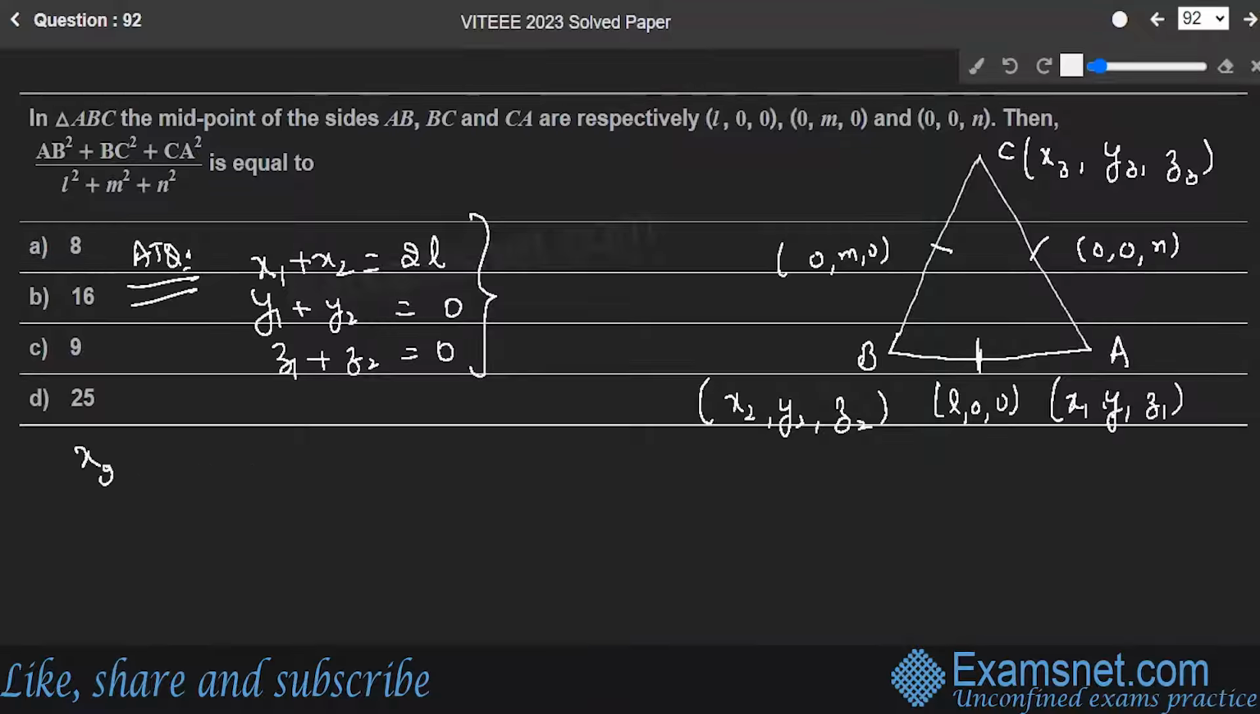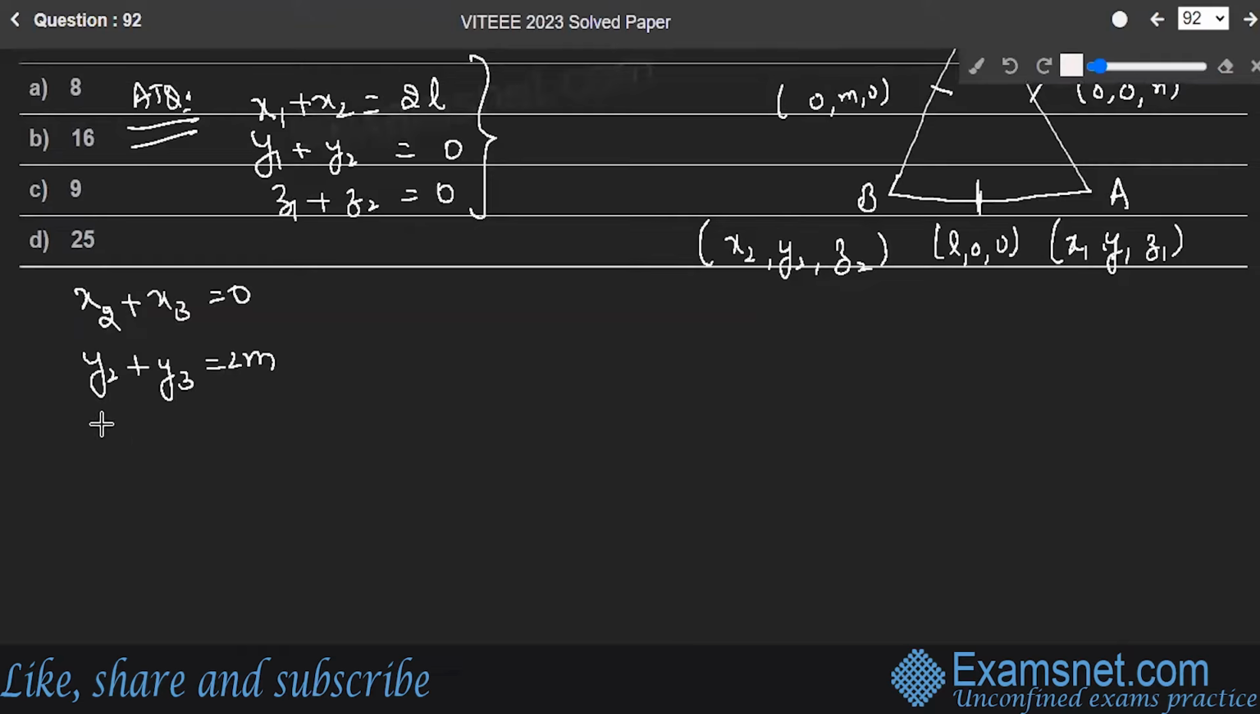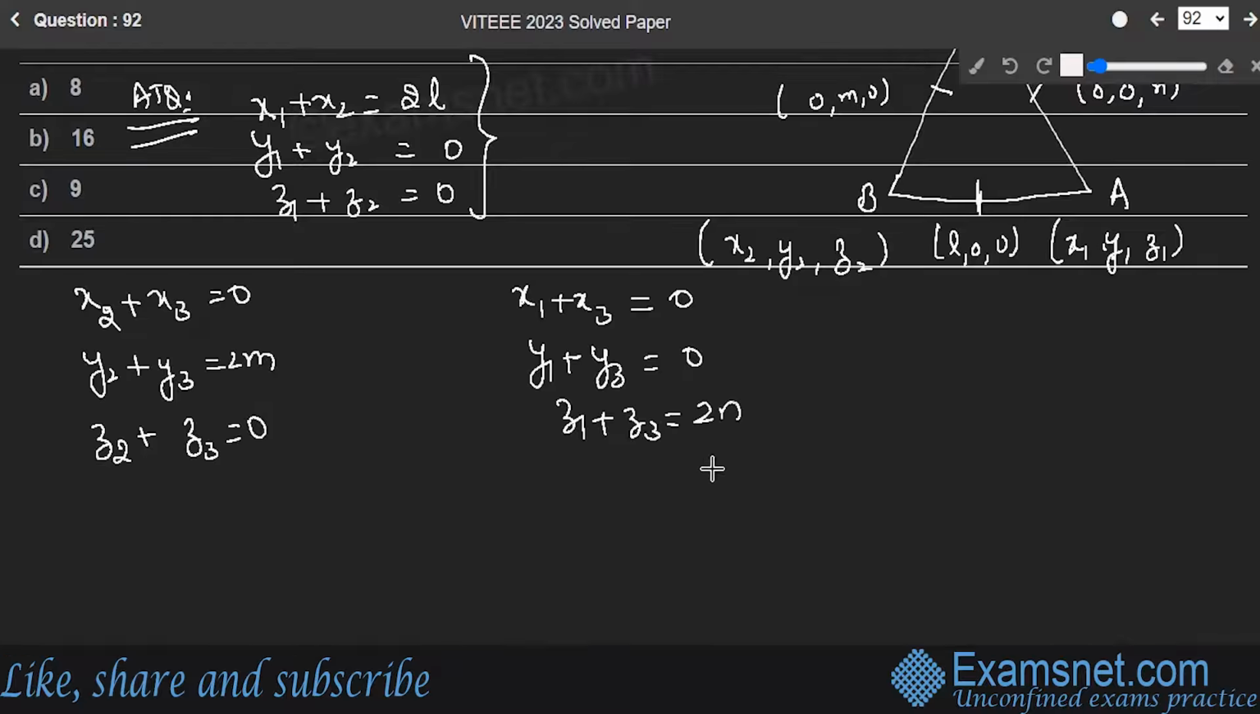Also, x2 plus x3 is 0, y2 plus y3 is equal to 2M, z2 plus z3 is equal to 0. And similarly, you have x1 plus x3 is equal to 0, y1 plus y3 is equal to 0, and z1 plus z3 is equal to 2N. When you solve all these sets of equations, you're going to get x1 is equal to L,